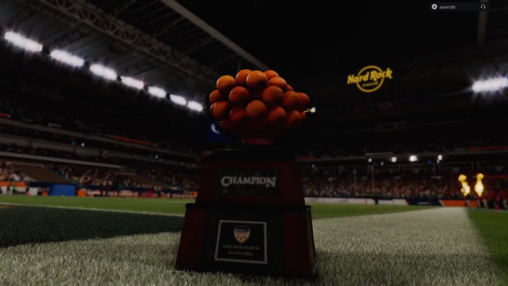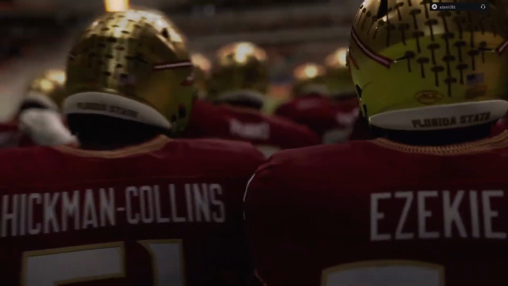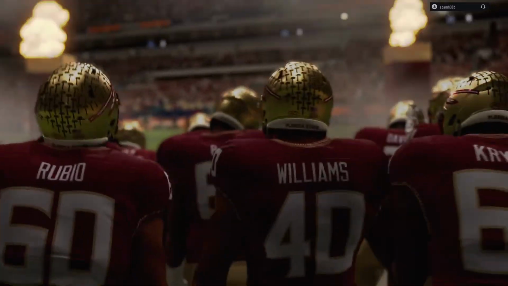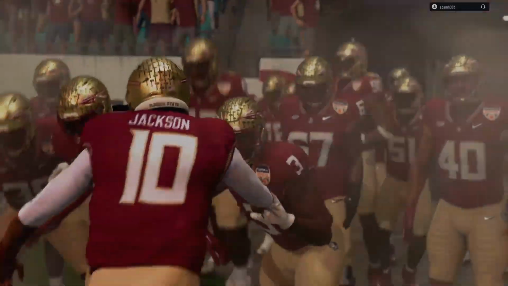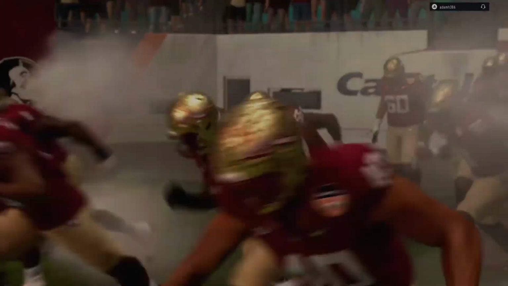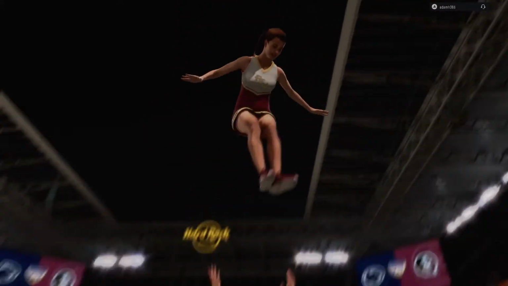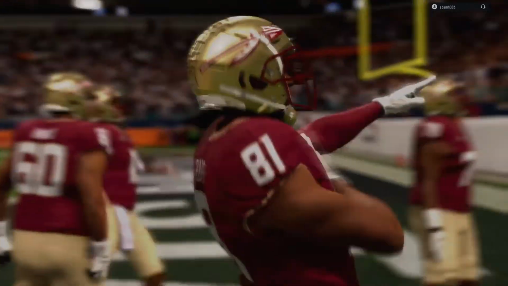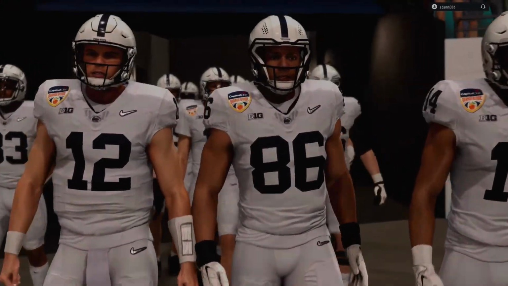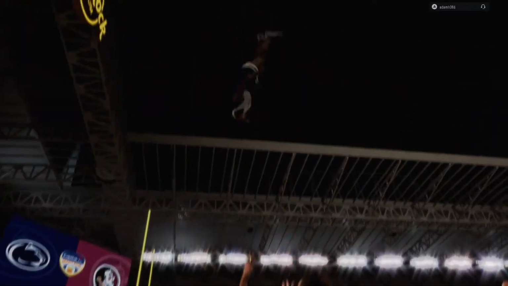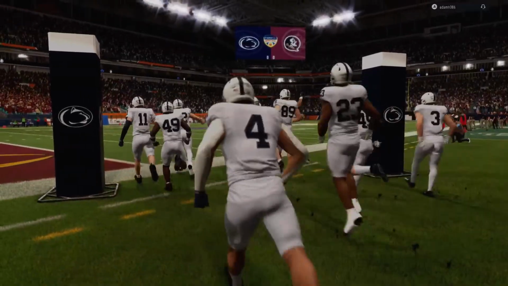Welcome, everybody, to beautiful Miami and Hard Rock Stadium, site of this year's Capital One Orange Bowl, part, of course, of the college football playoff. It's time now for the quarterfinals, for the top four seeds, a time to begin their quest toward the national championship. But they run into a battle-tested team already coming off one playoff victory, trying to shock the world here today and make the semifinals. As we'll see, the number 7 seed in this playoff, the Penn State Nittany Lions, taking on the number 2 seed in the playoff, the Florida State Seminoles.